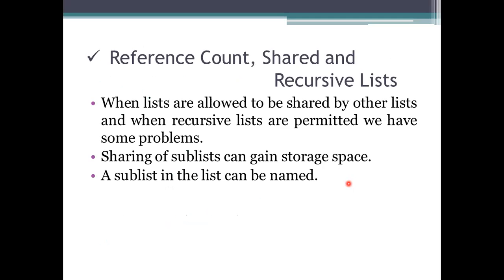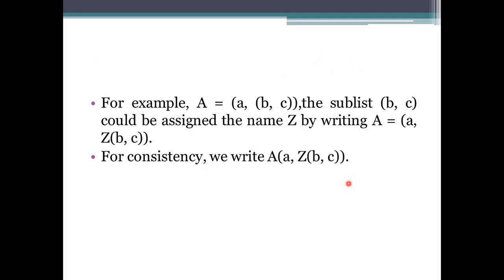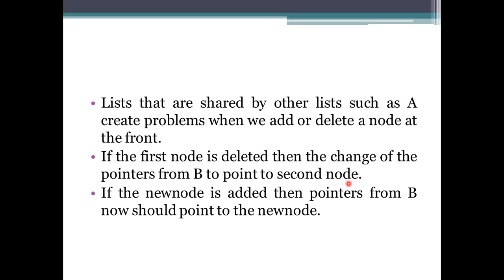And coming to the next one, there is a reference count and then shared or recursive lists. Here, in the first example we have seen that the B list has been sharing the A list. So we have been sharing the same sublist here. We need to keep a count of that, whether it is being shared or not. So for that, we are using the reference count in the representation. Here, taking the example A, we mention the sublist is having one name, that is Z, for a neat representation here.